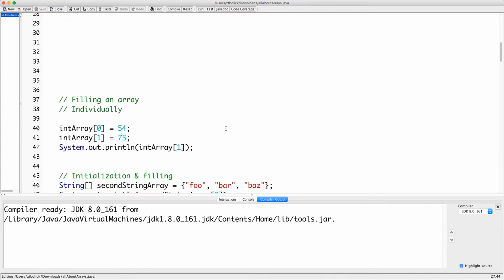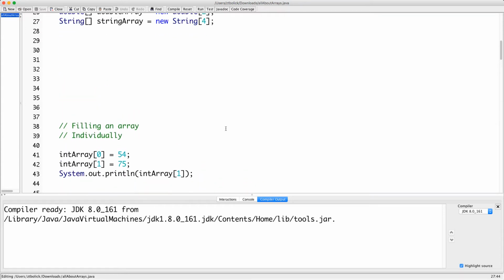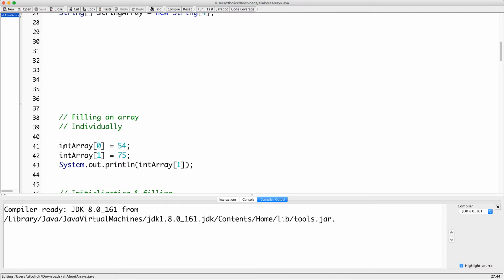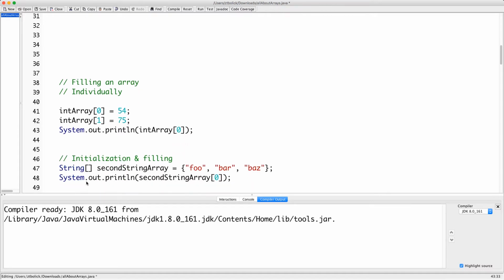Then you need to fill up your array, because what's an array without stuff in it? In this case, we're going to use intArray, the name of the array, and then the index that we want to fill. In this case, 0. Arrays are 0 indexed. And then what we want to put in there. Then we're going to use this system out thing to print that out. Don't look at that line. Compile, run,